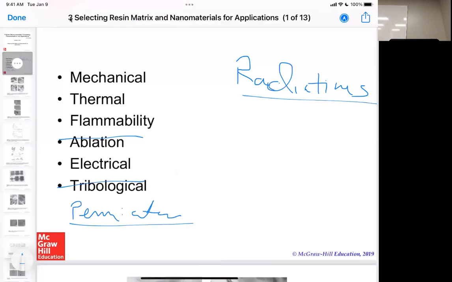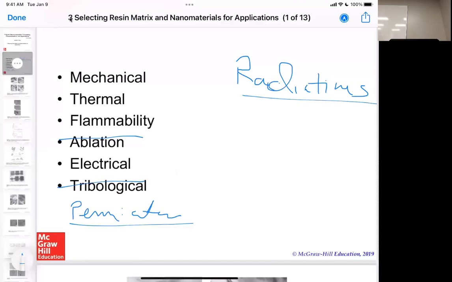If anybody wants to give a talk on ablation as their thing, I would love to learn more about it. I know that it works by having a very hard material embedded in your matrix and it's blunting off as things go by. That's what I know about ablation. So if one of you wants to do that as a topic,